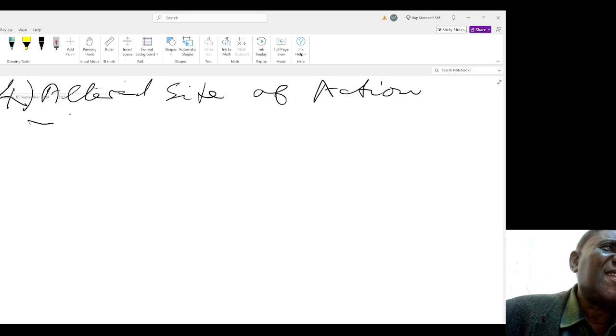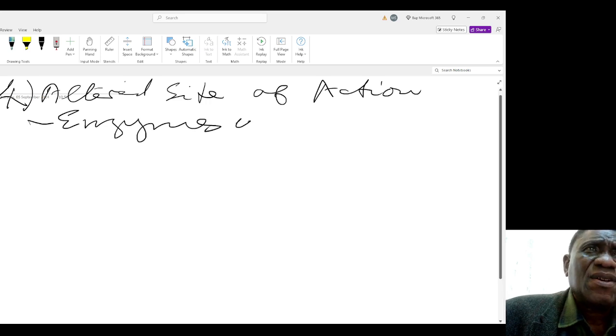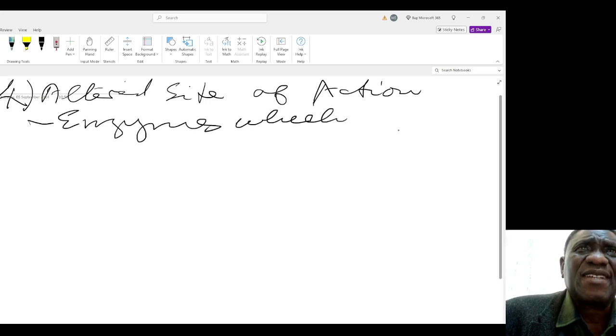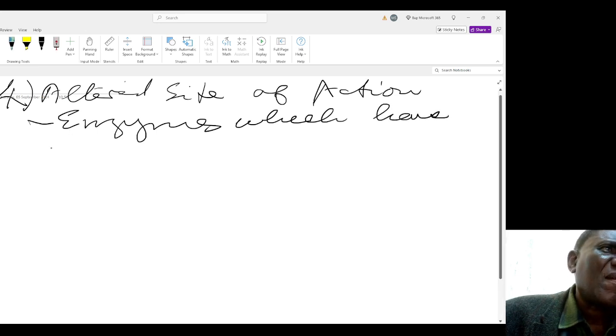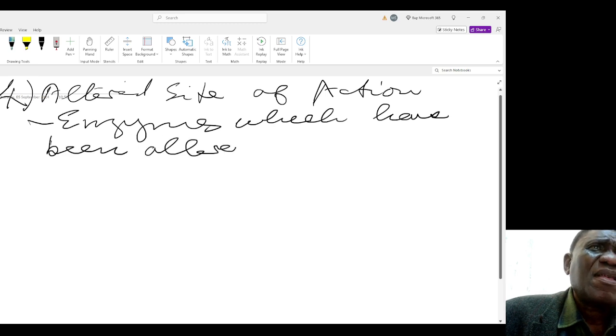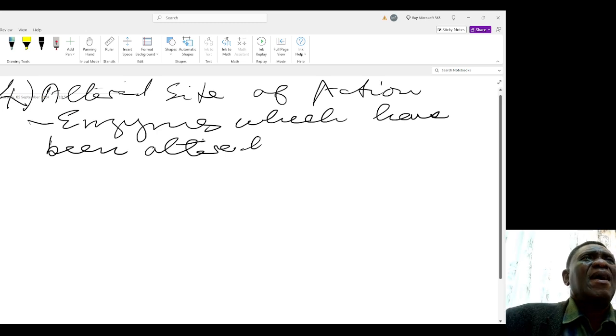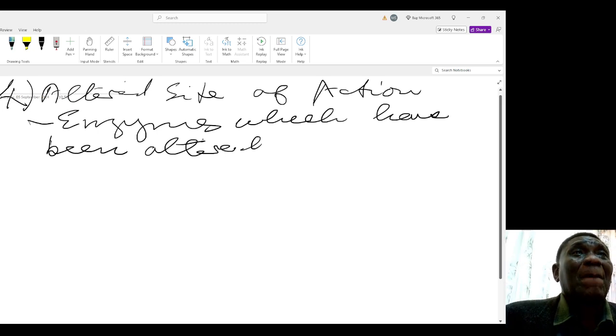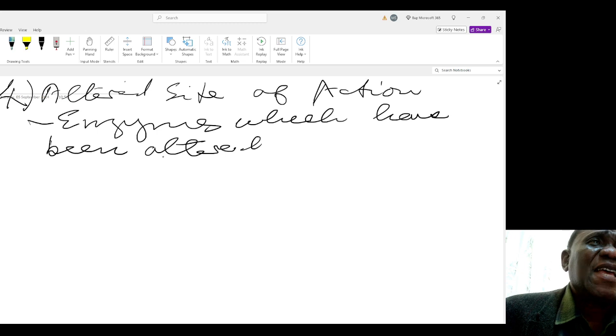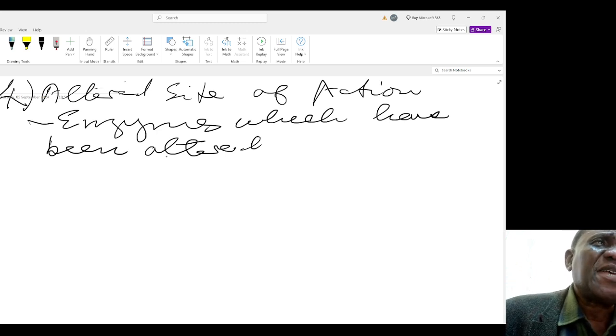Here we are interested in enzymes which have been altered. Probably for the herbicide to express its mode of action, it may need to bind to an enzyme. If I can use this model,